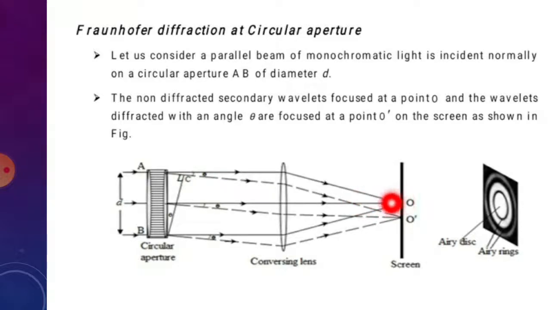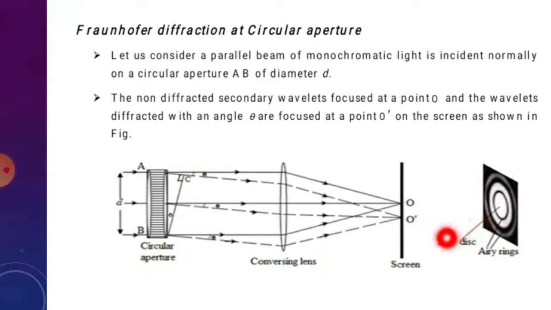That is, the wavelets travelling along the normal to the circular aperture travel equal distances, so the waves travel with zero path difference. These waves are focused at O on the screen, and it corresponds to the position of central maxima in the form of a circular disc like this,